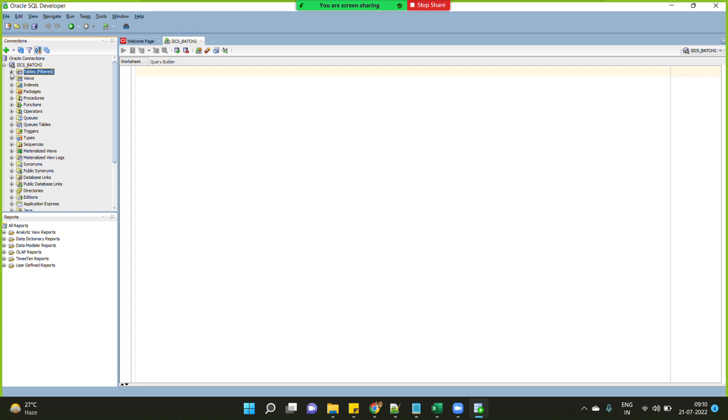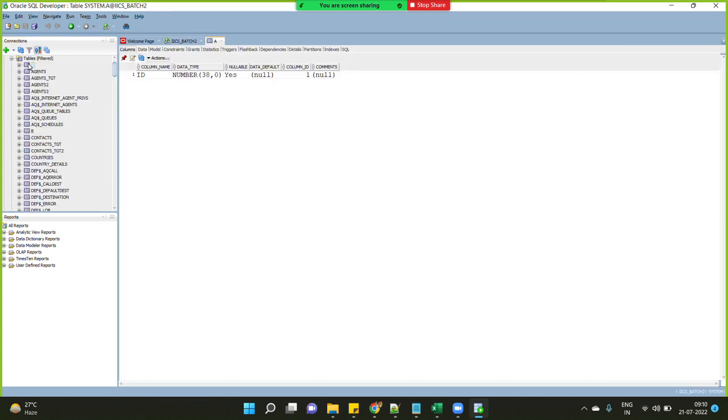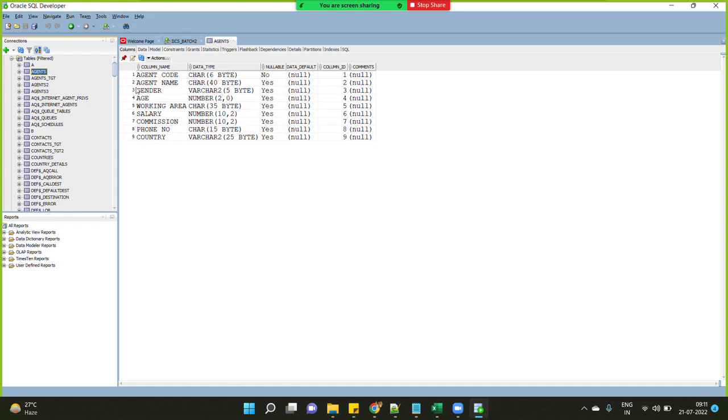A table is a combination of columns and rows. If you take agents as the table name,